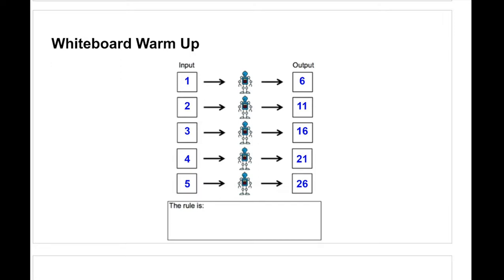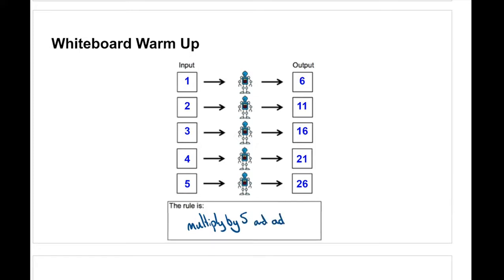So this one might require some more tinkering, or more playing around or trial and error. And we will look in the future at more concrete ways of how to figure out the rule. But for right now, just want you to try to think about it, play around with some numbers, and see if you can get the rule. If you've taken some time, you should find that the rule is multiply by 5